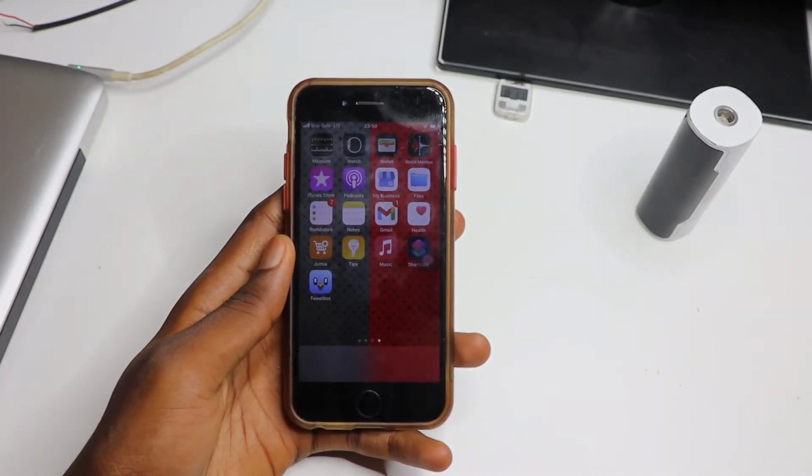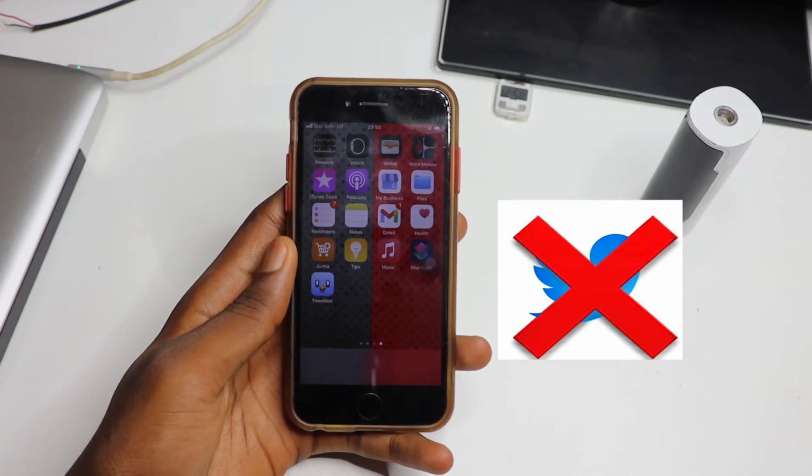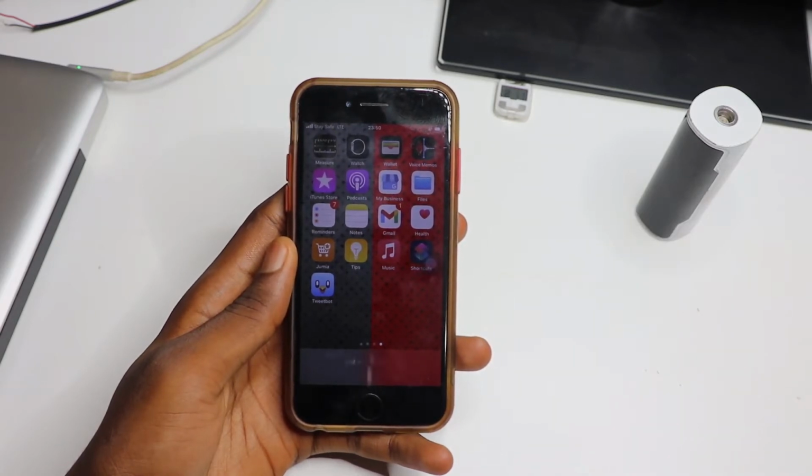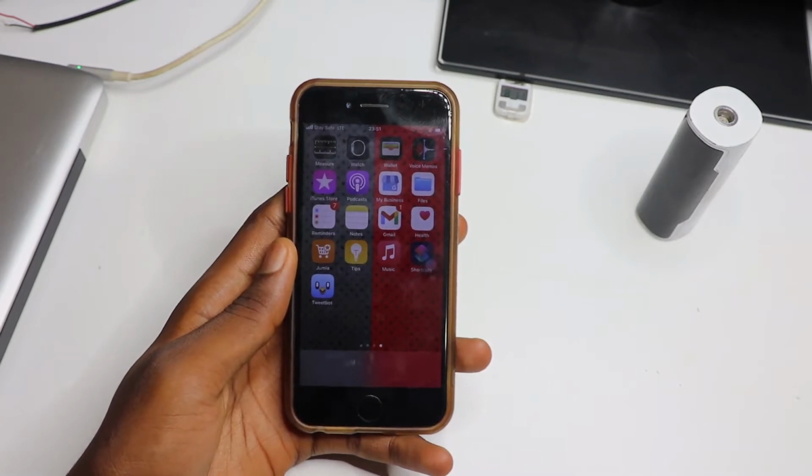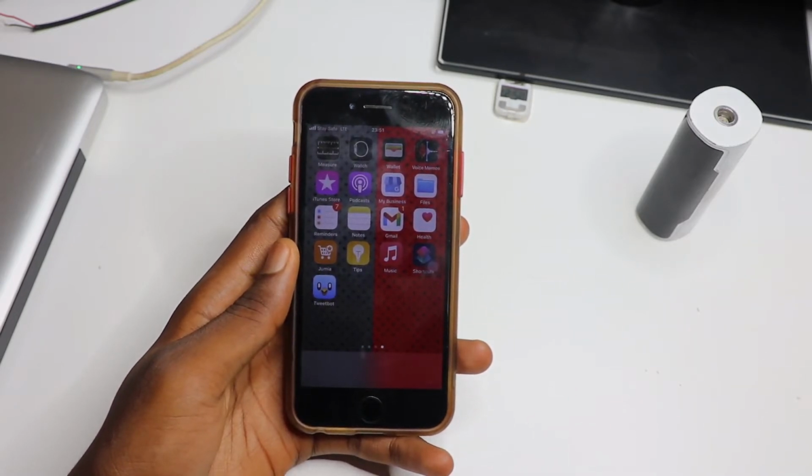Just scrolling and reading the news and seeing Twitter is banned in Nigeria. You can no longer use Twitter if you're in Nigeria because of some things which I won't talk about right now. But in this video I'm going to show you how to use Twitter even if you're in Nigeria. At first, I'm not teaching you this to break the law or disobey the rules and regulations of the